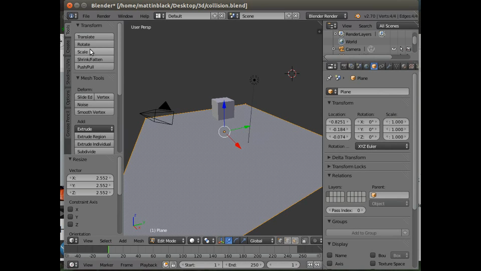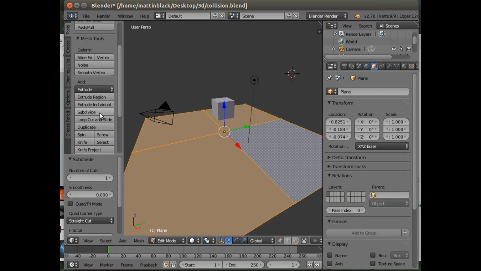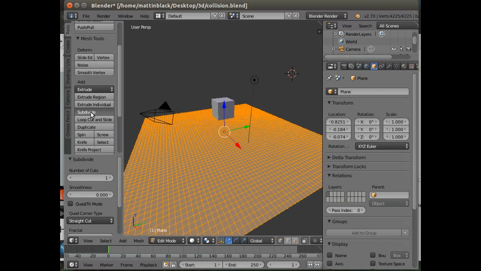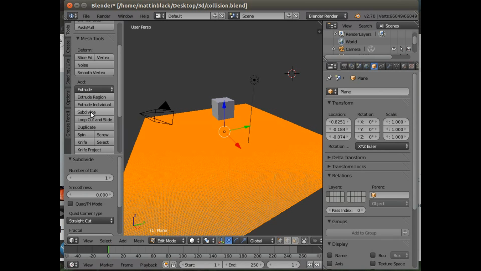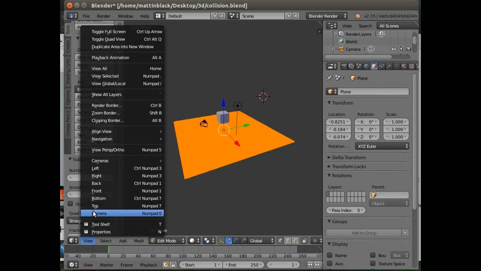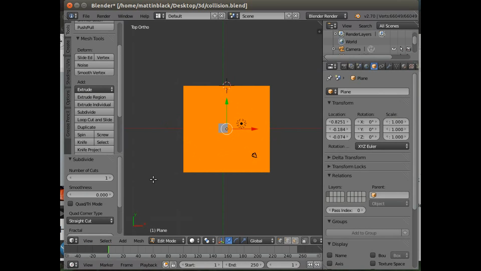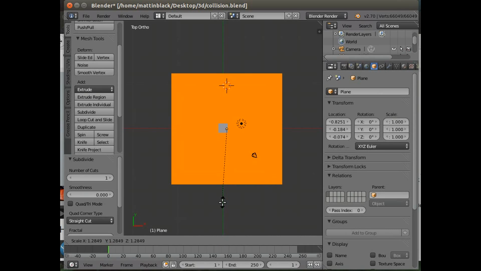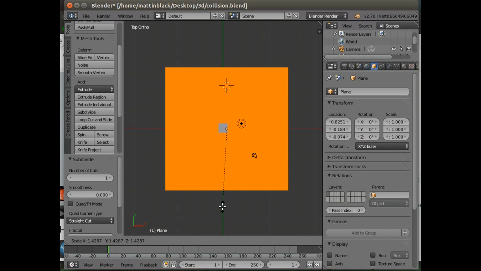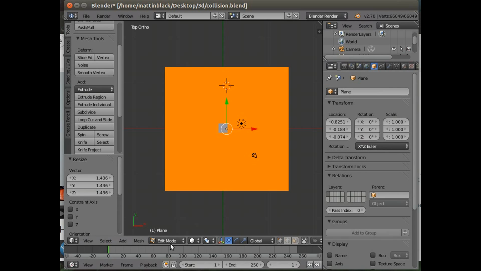So now I'm going to subdivide it, and I'm going to subdivide it quite a lot. There, that is quite a lot. Okay, and view top, and I'm going to scale it up even more, maybe. There we go. Now we're going to go back to object mode,